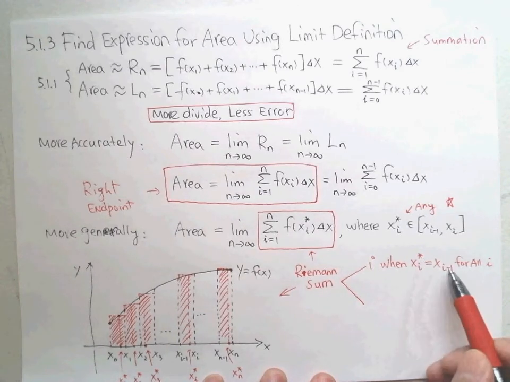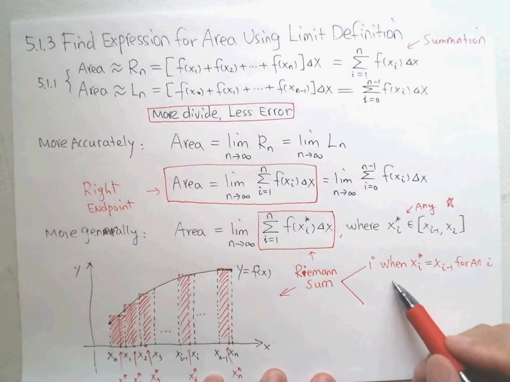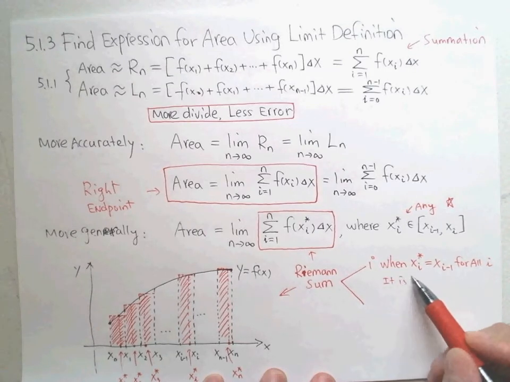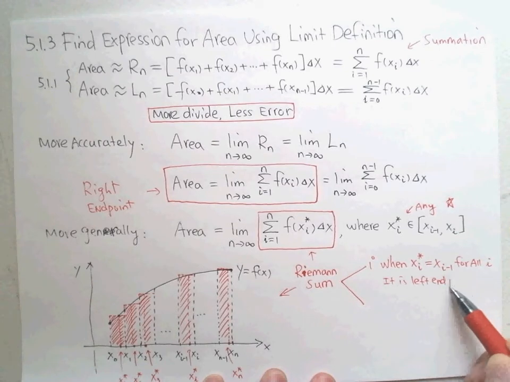This means xi star is the left end point, right? This is the left end point. If we pick in this way, the Riemann sum is exactly the left end